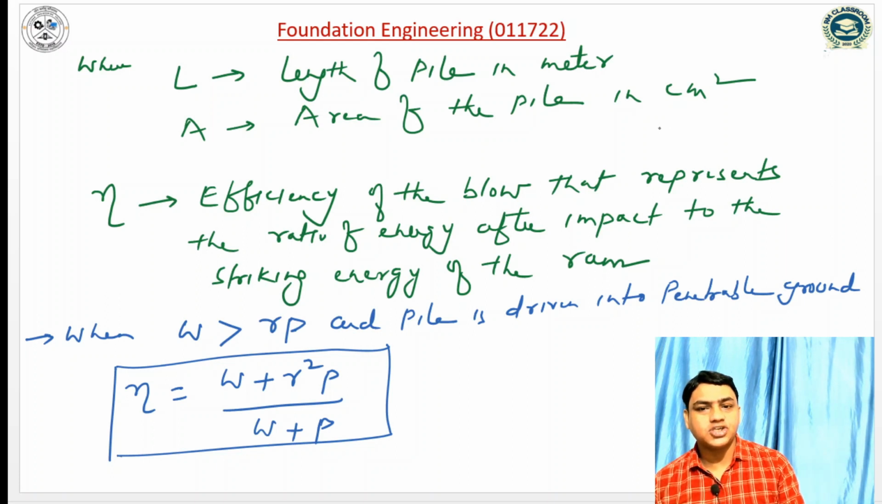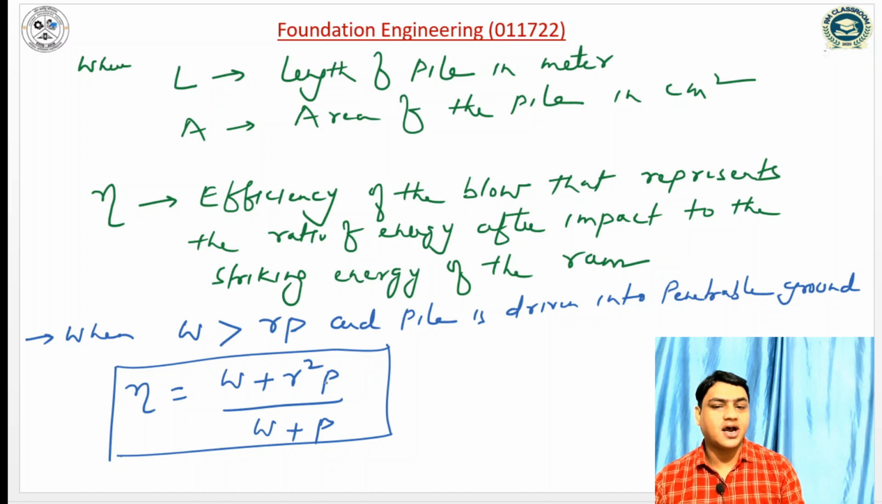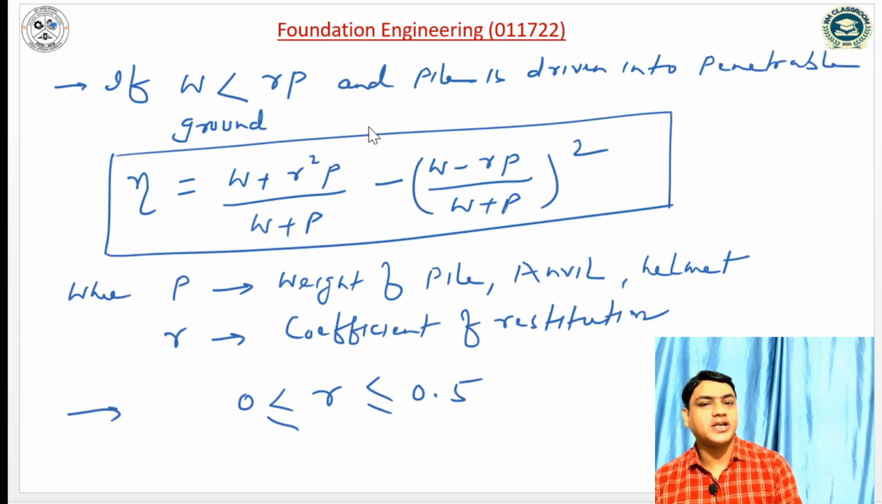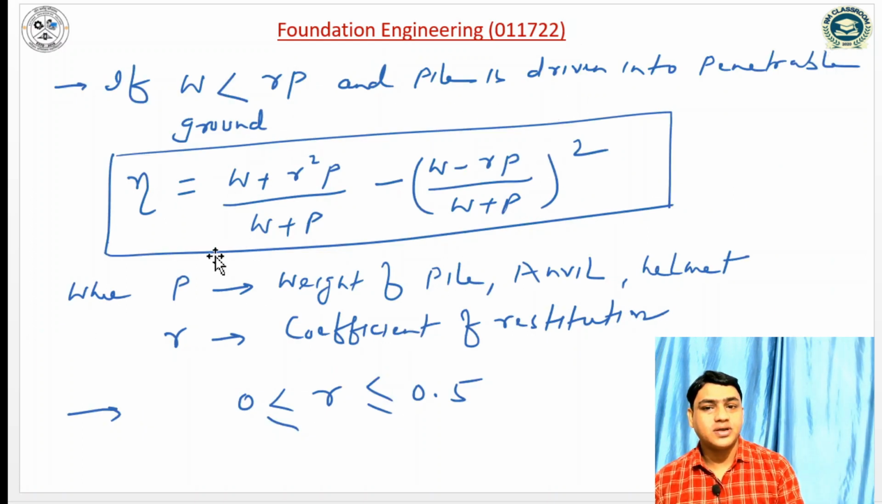Similarly, for the determination of allowable load by the modified Hiley formula, eta is also used, that is the efficiency of blow that represents the ratio of energy after impact to the striking energy of the ram. And the efficiency of blows can be computed in two cases: when W is greater than R into P, where R is the coefficient of restitution, then efficiency can be computed as W plus R square P divided by W plus P. And the second case, when W is less than RP and pile is driven into penetrable ground,